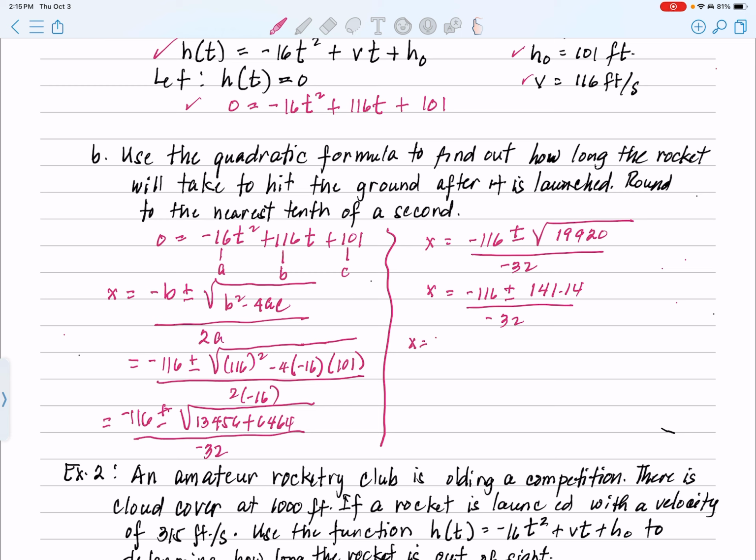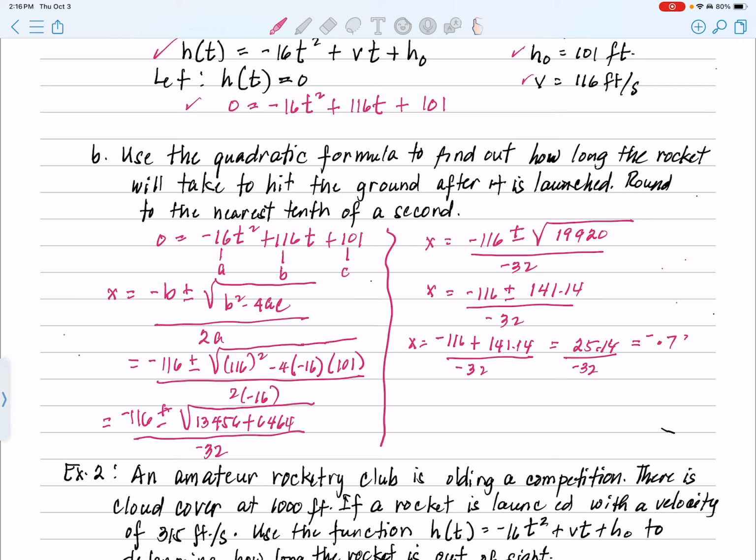I'll do the plus first. Negative 116 plus 141.14, divided by negative 32. This will be equal to 25.14 divided by negative 32, but that is a negative